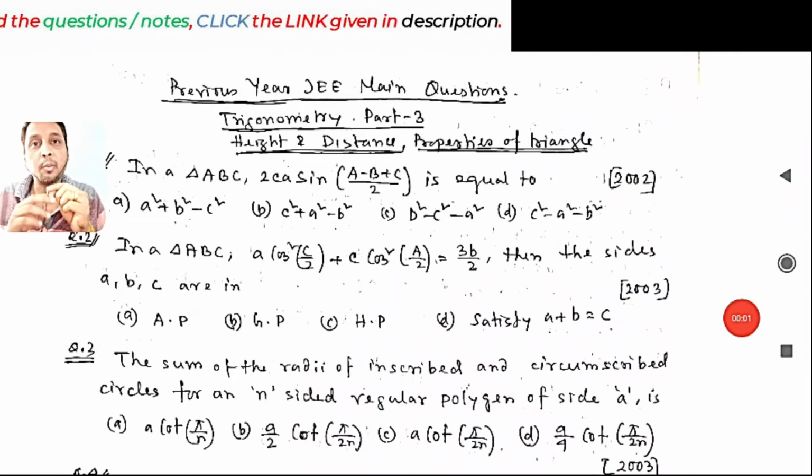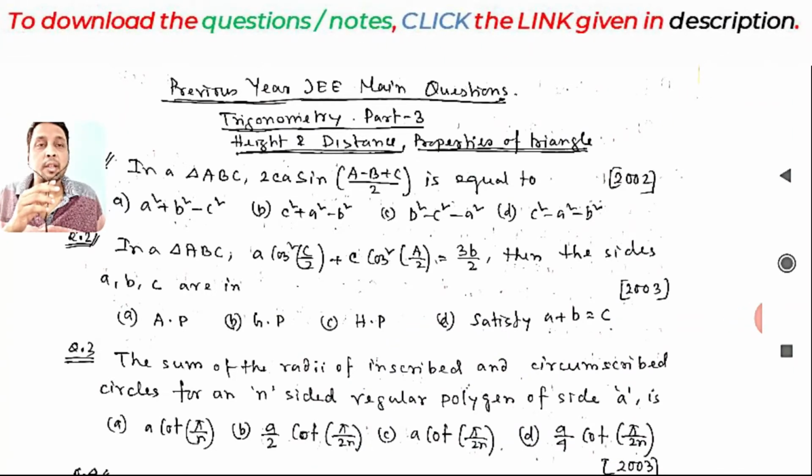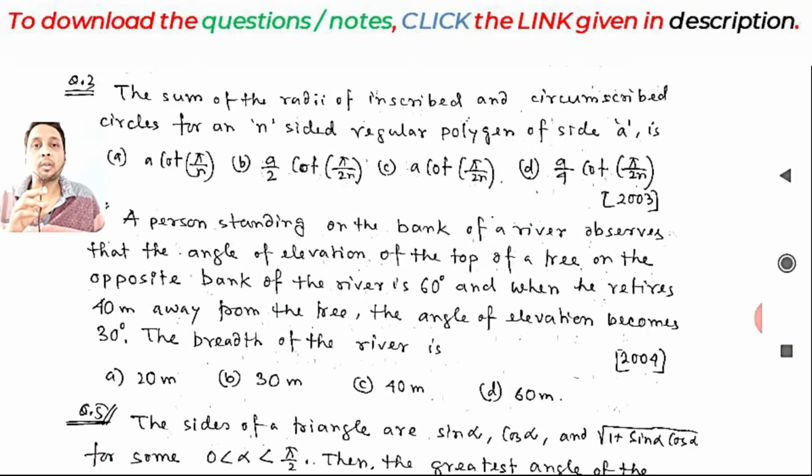Okay students, welcome you all to this new lecture on intermediate level. So this is actually lecture 2 where we are solving JEE Main questions on trigonometry. Part 3 theory we have discussed. So today we will be taking 5 questions, question number 1, 2, 3, 4, 5. Okay, then let's try to solve these questions.